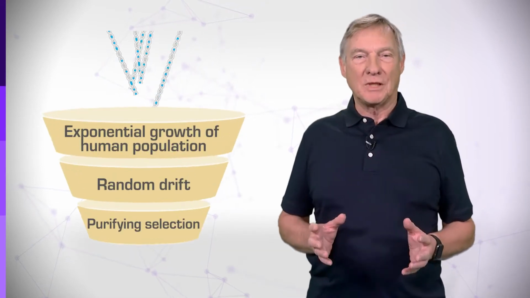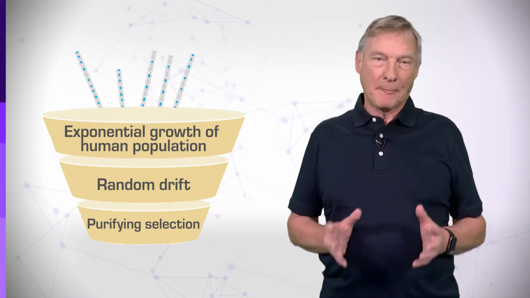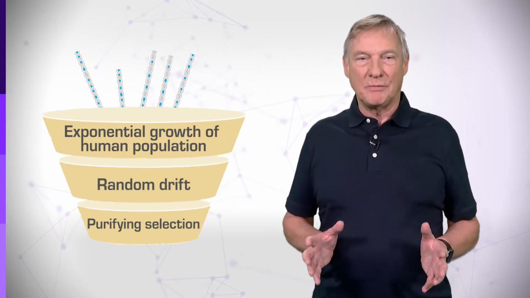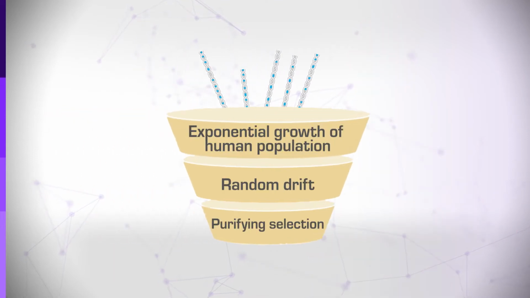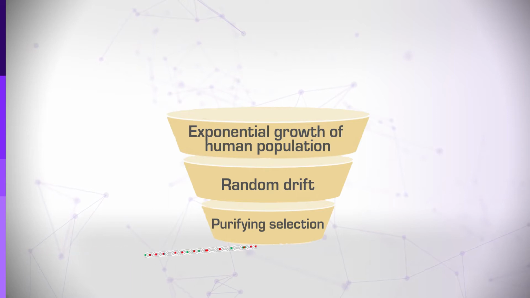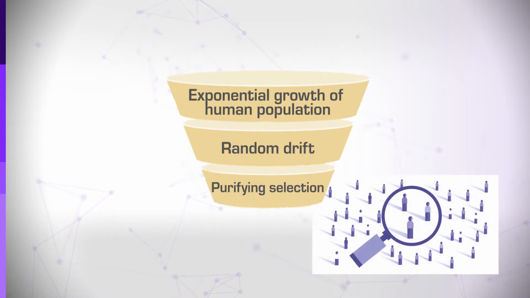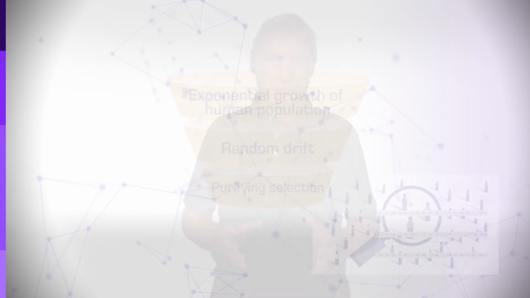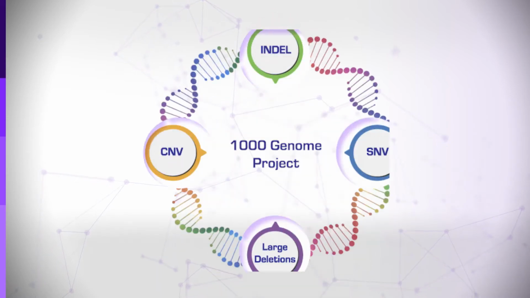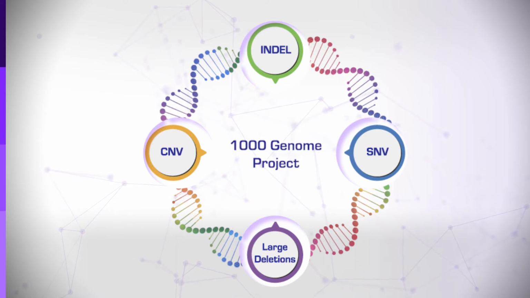The longer-term fate of these variants is a complex combination of purifying selection, random drift, and the exponential growth of the human population. Some variants will be sufficiently deleterious that they will rapidly disappear. Others, even though deleterious, may persist for many generations, particularly if the disease impact is recessive, requiring both copies of a gene to be affected for a disease phenotype. Some may drift to a high frequency in the population, especially but not only those that are relatively benign. As we will learn in a subsequent segment, some of these contribute to complex trait disease.